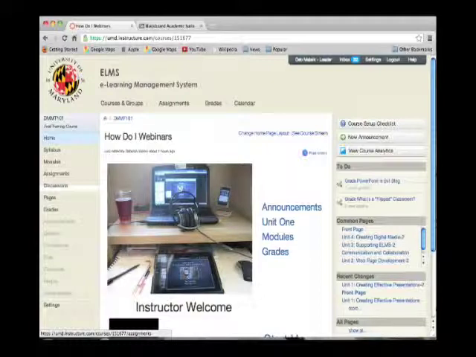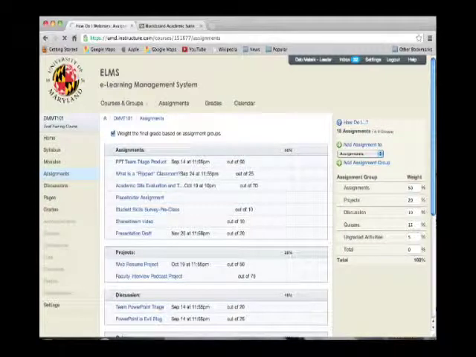And we would call an assignment a kind of content. You probably had a number of assignments in Blackboard. Some of the assignment titles may come over, but you are probably going to need to go in and provide the context for those assignments, set up the criteria such as the grade point or the point value,